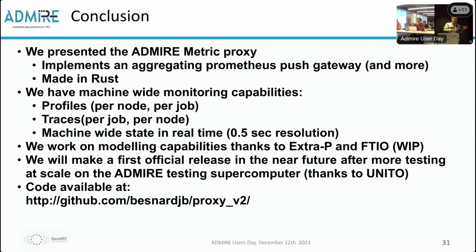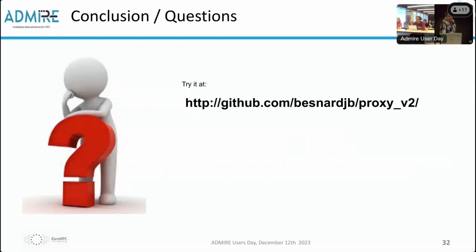So the program is a bit work in progress, so my GitHub does not even have a README, but soon we will make a first release when we will have validated it at scale correctly. It's a question of a few weeks. But at least you can look at what it does and how it's made on the GitHub. Also, we do the tests at scale thanks to University of Torino, so thanks to them for providing the hardware for the Admire project. And so that's already the end of my presentation, and I can answer questions or such